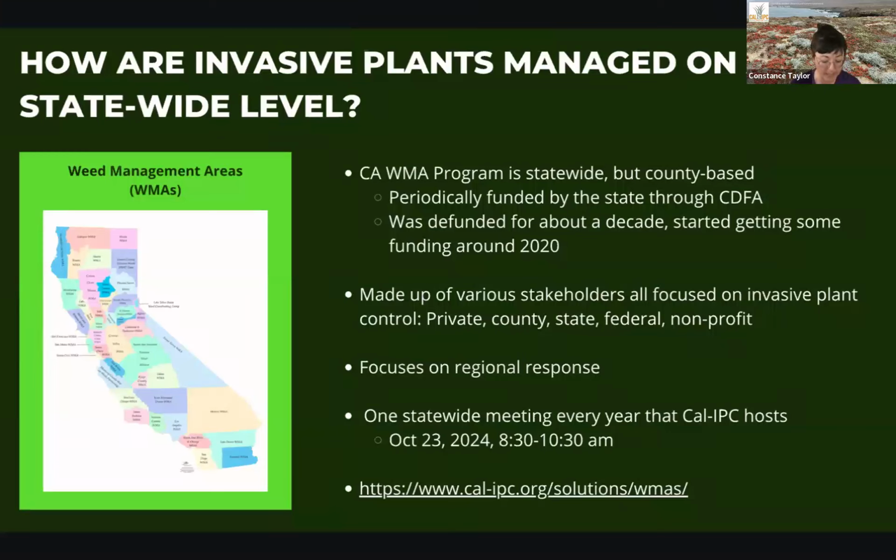the different WMAs. The WMAs are made up of various stakeholders. They're all focused on invasive plant control. It can be private, county, state, federal, nonprofit. CNPS chapters are definitely involved in WMAs all over the state as well. And WMAs are great because it kind of gets everybody pointed in the same direction to have a really great focused regional response on any problem weeds that you're trying to eradicate or keep an eye